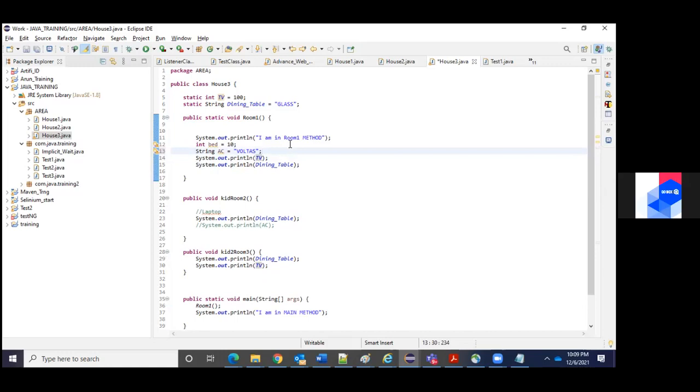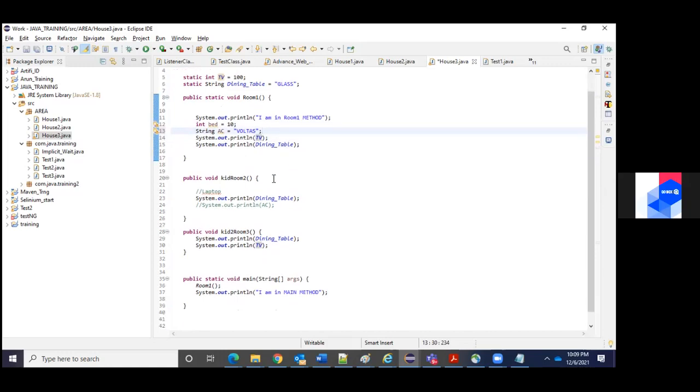To know this, we need to know the use of static. Before knowing that, we need to know how to create an object for the class. Now, we will understand one more new concept, that is called object creation.